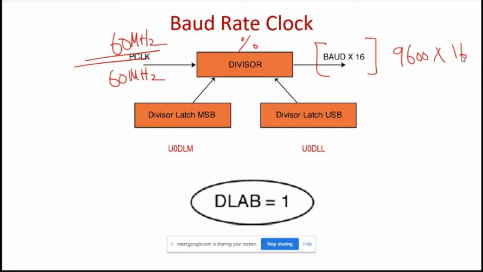So in general, if you require a baud rate of B, you have to generate a clock of 16 times that. So I have to divide the 60 MHz by a suitable divider so that my outgoing clock becomes 16 times the baud rate. That is how LPC2148 generates the baud rate for you. So what is the value of this divider? D is equal to 60 MHz, the incoming clock, divided in such a way that I get 9600 into 16 at the output. So what is the value of this divisor?